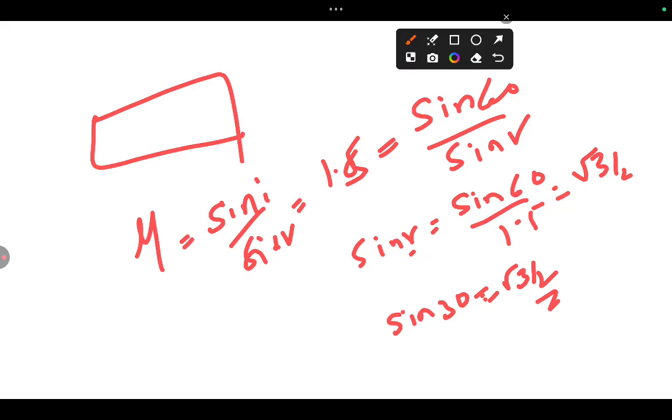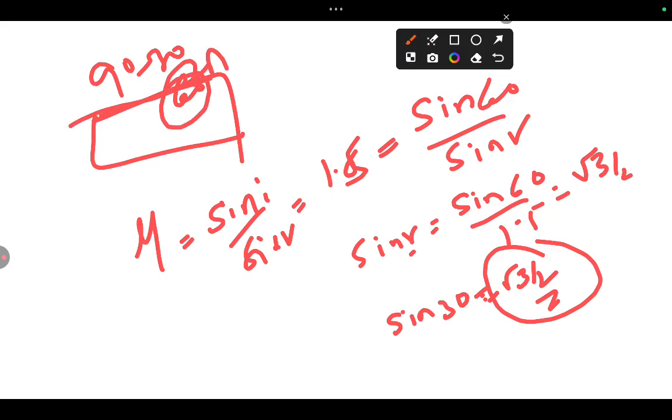So here this is 30. So 90 minus 30 is nothing but 60 degrees. This is AB, this is BC. Based on this we have one more condition: angle of incidence I equals angle of reflection R. Based on that strategy also we can solve the answer. Nothing is there, it is simple. So the angle of incidence is 90 minus 30, which equals 60 degrees. That is the reason we got pi by 3.